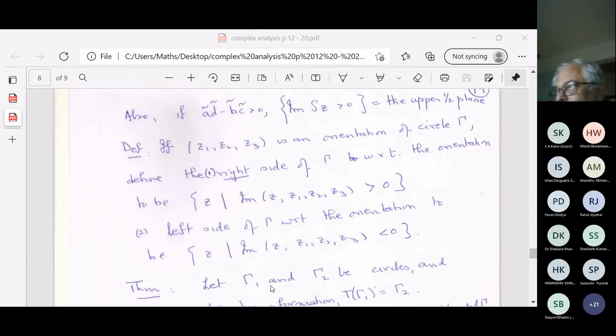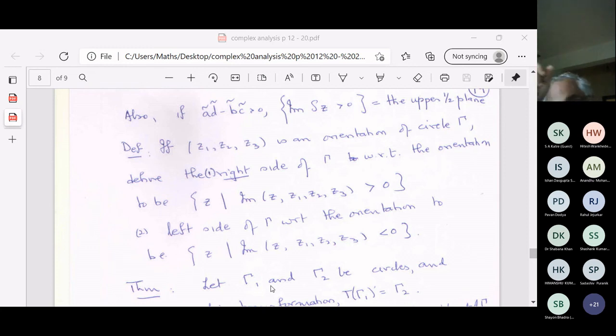I'm given this real line. Suppose instead of taking the real axis, I take the line at 45 degrees. And I take 3 points on the line at 45 degrees to the x-axis. So what are these 3 points? I'll take the points (0,0), (1,1), and (2,2) in that order. So I'm given the orientation (0,0), (1,1), (2,2) of that line at 45 degrees from the x-axis.